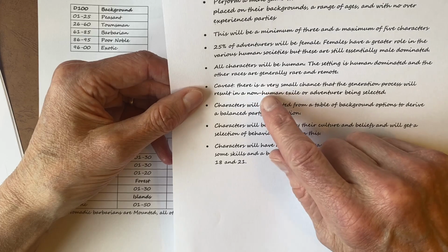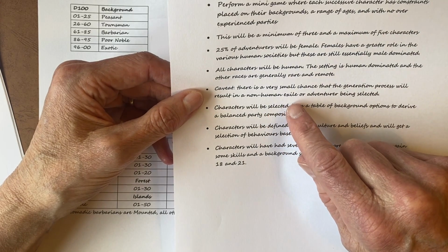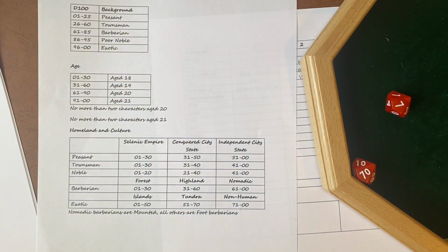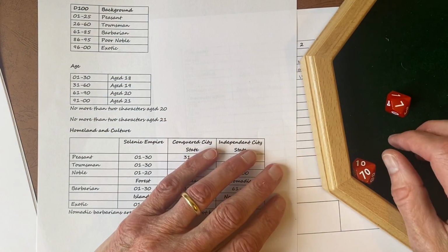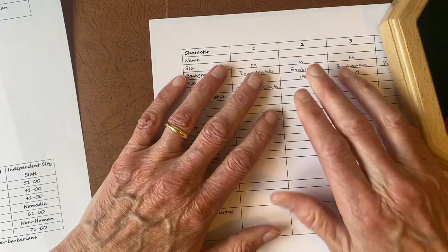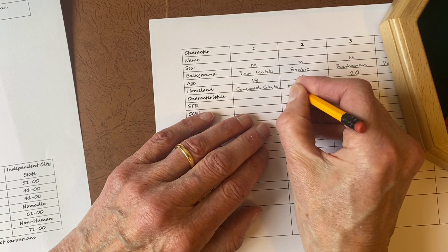Caveat: there is a very small chance that the generation process will result in a non-human, exiled, or adventurer being selected. Well, I've just done it the first time. We have now got a non-human. So I don't have an answer for that just now. I'm just going to have to put in a non-human, and for the